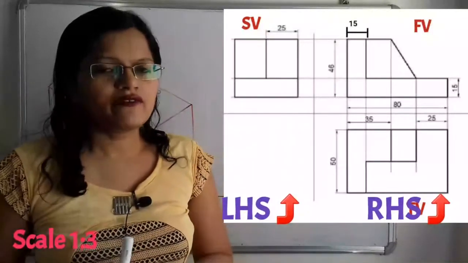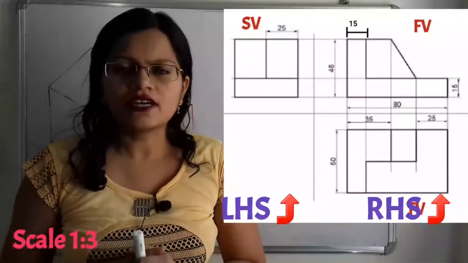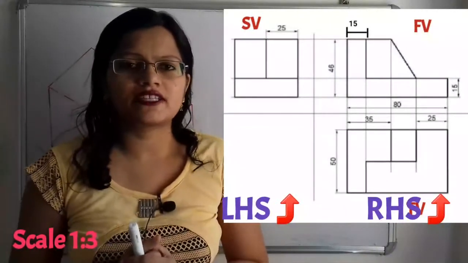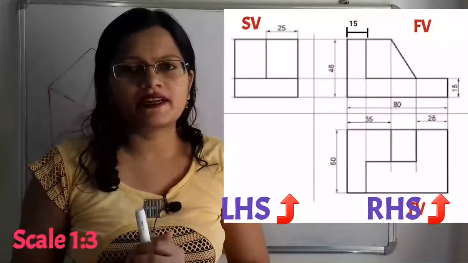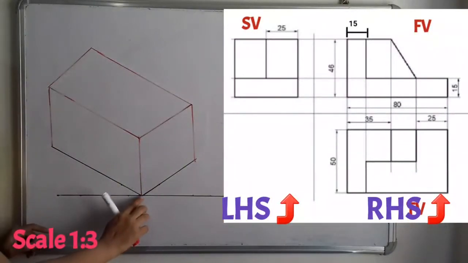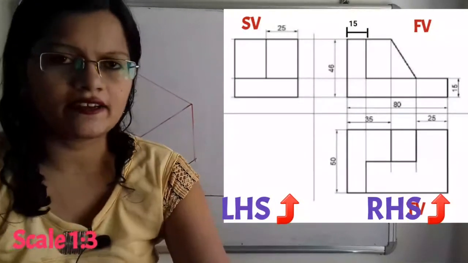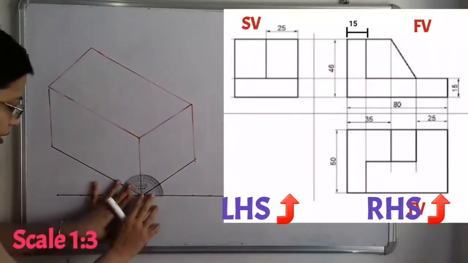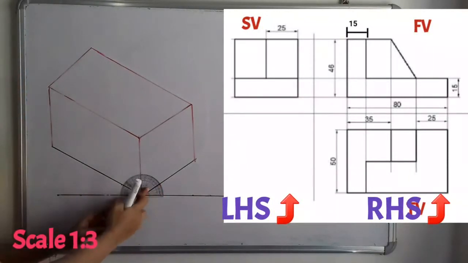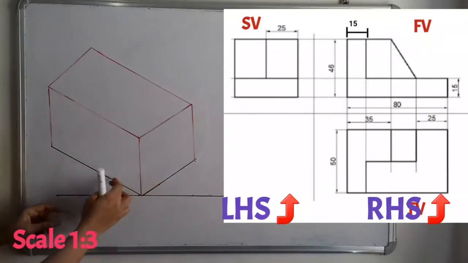Now how to start this isometric projection? If we observe this orthographic projection, the front view is given on the right hand side. So we have to plot the front view in the isometric projection on the left hand side. Where is the right hand side and left hand side? For that, first we draw a basic horizontal line, and on that we select one point. From that point we have to select three angles. I will take the protractor and select the angle 30 degree from the right hand side, 30 degree from the left hand side, and the third angle at 90 degree. So these 3 points are selected.